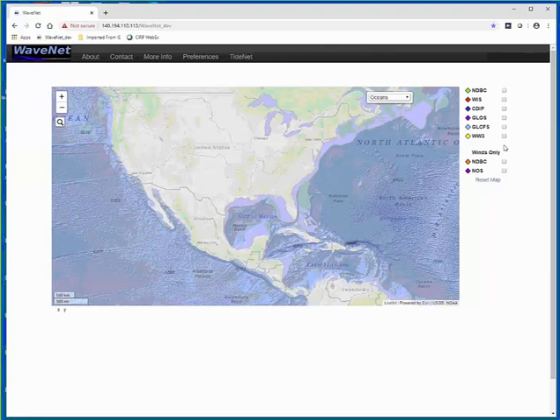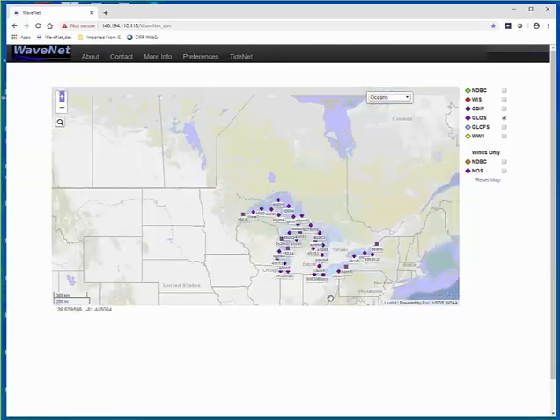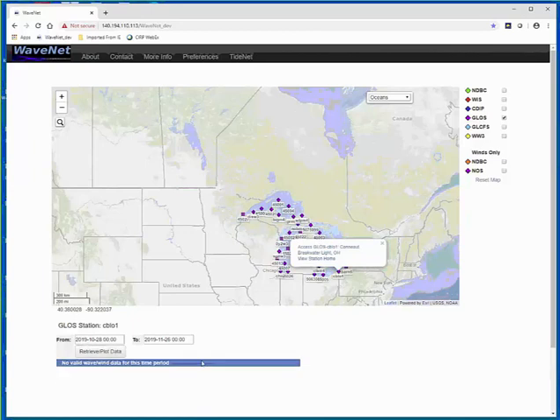So next I'm going to go to GLOS. This is the Great Lakes Observing System for the Great Lakes districts. So GLOS provides mostly the wind in all of the lakes. So you can go there and select any of these stations, let's say right there, and see if you have any data available. Sometimes the data may not be available there.